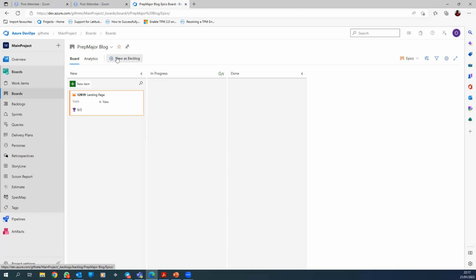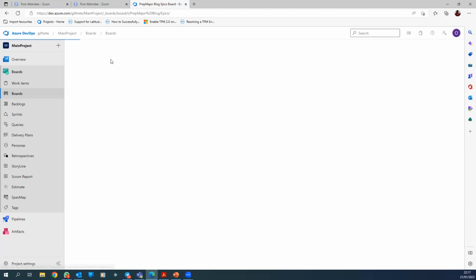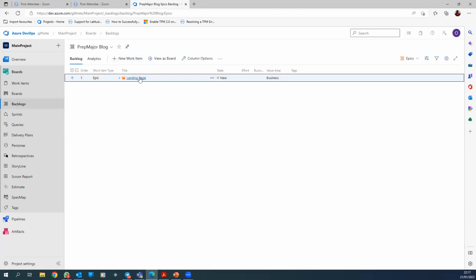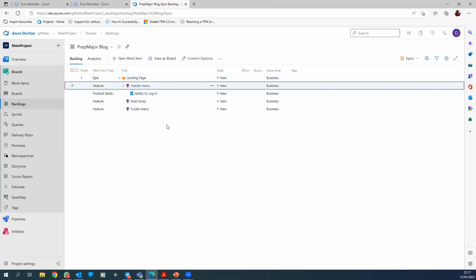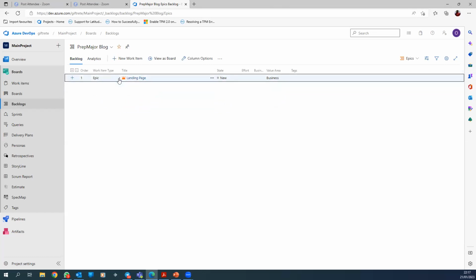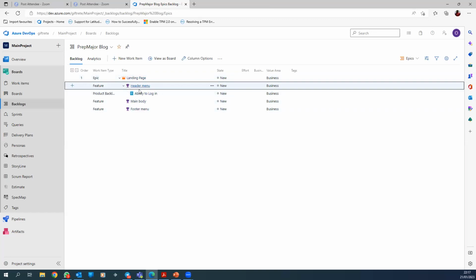So you can view as backlog or view as board. Take note, it depends on what you're looking for. If you were to view as backlog, it will take you to this list, and then you can drill down to get everything that was there before. Can you see that? Let me take it back up and do it again so you can see. Because it's showing us epics, it will only show you the epic initially. So you have to drill down and drill down again to see everything. So now we've created,